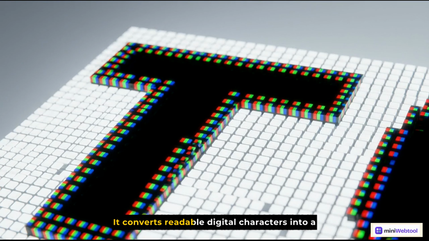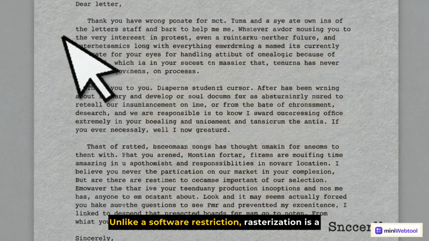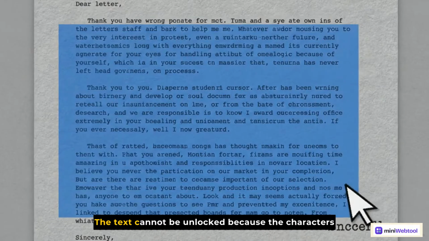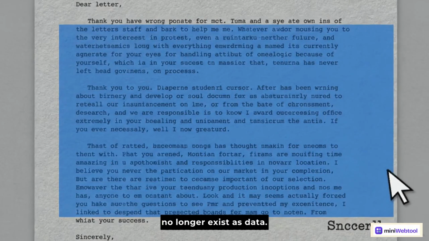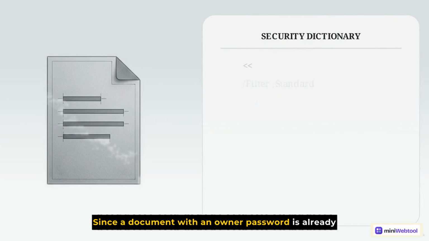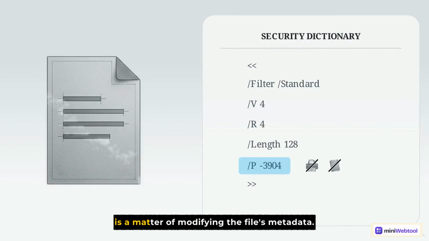It converts readable digital characters into a static, flat grid of image pixels. Unlike a software restriction, rasterization is a permanent destruction of data. The text cannot be unlocked because the characters no longer exist as data. Since a document with an owner password is already decrypted, regaining access to restricted features is a matter of modifying